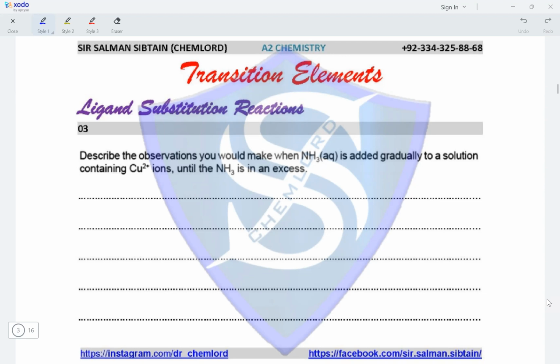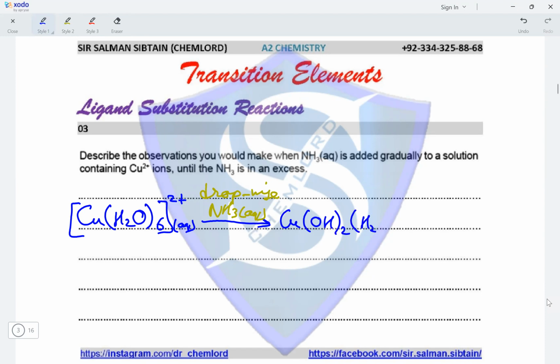So we have copper ions present in the form of Cu(H2O)6 2+ in the aqueous state, which on dropwise addition of aqueous ammonia produces the complex Cu(OH)2(H2O)4, which on addition of aqueous ammonia in excess would produce the complex Cu(NH3)4(H2O)2 2+,